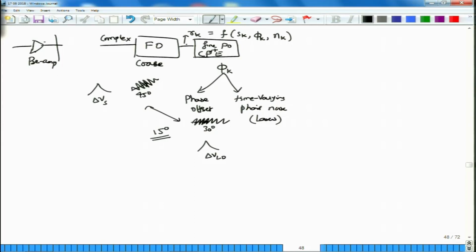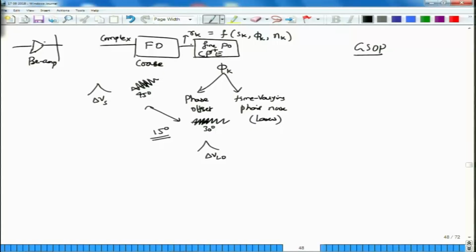I am assuming that the deskewing has been done. I and Q outputs are nicely orthogonalized using that Gram-Schmidt orthogonalization procedure that I talked about. I will also talk about it in the next module, because we don't really have time in this one. But then after performing the coarse frequency offset, fine frequency offset, and then estimating and compensating for the large phase offset, you come to laser phase noise.